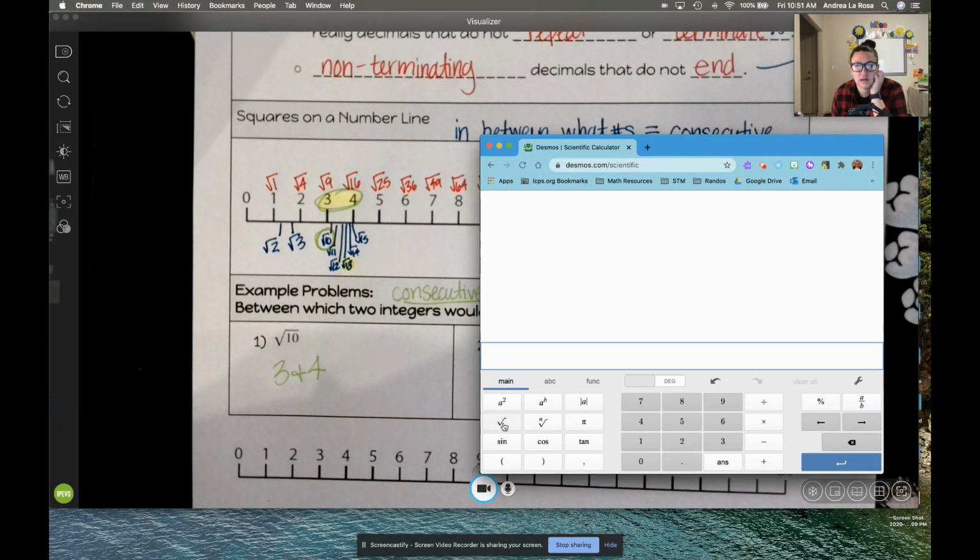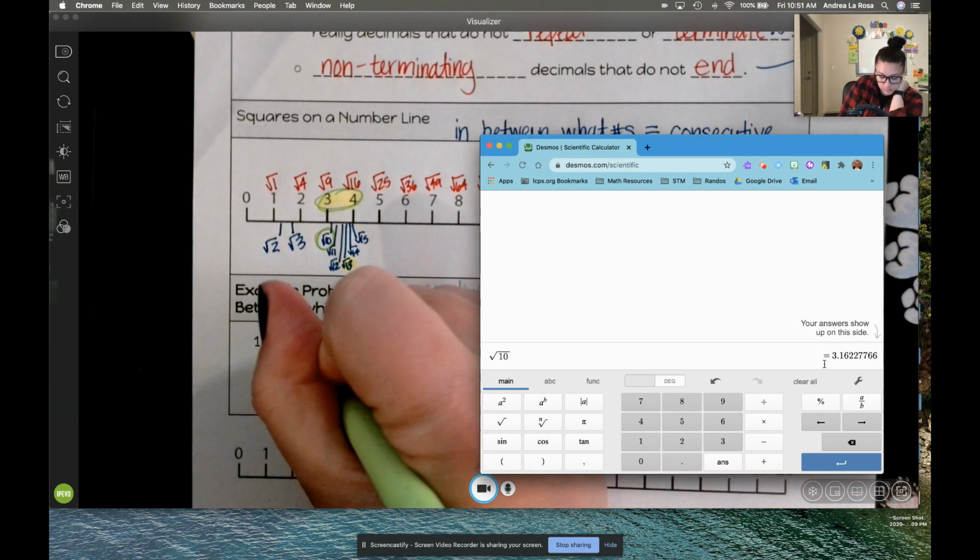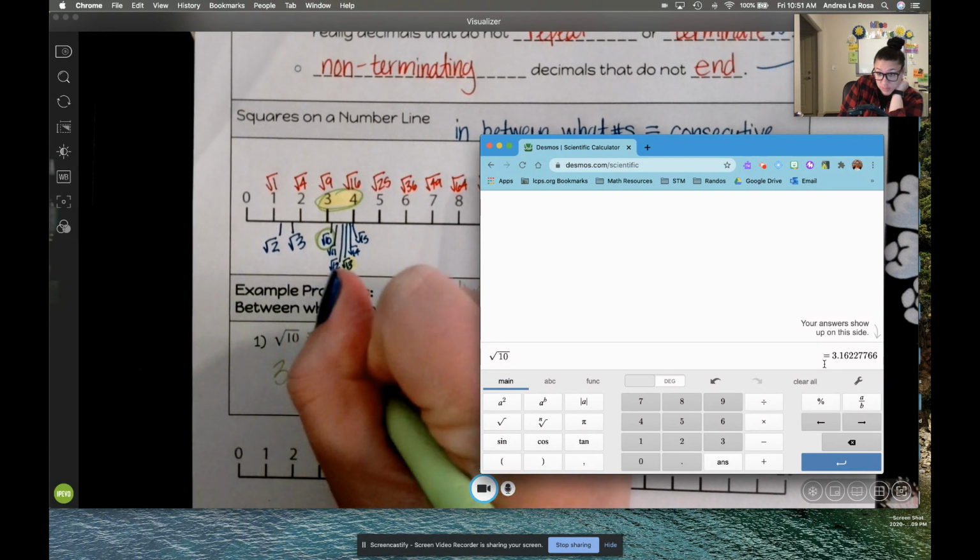So when I click right here, that's my square root button. And then I type what I want it to be. So I would type the square root of 10. And it tells me over here on the right side of my calculator that it's approximately equal to